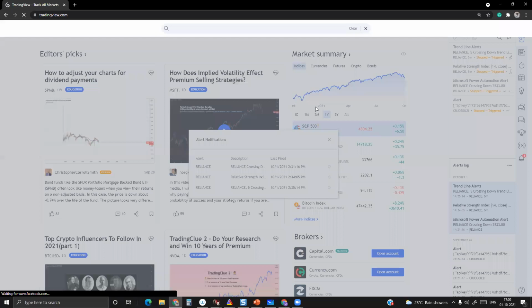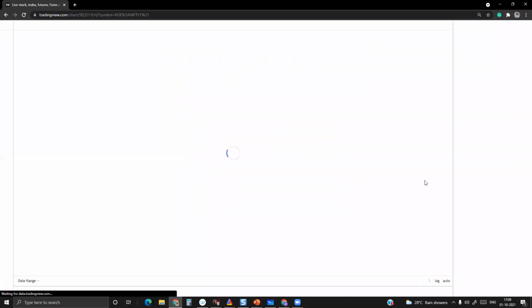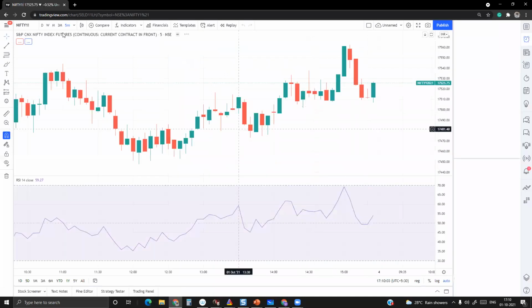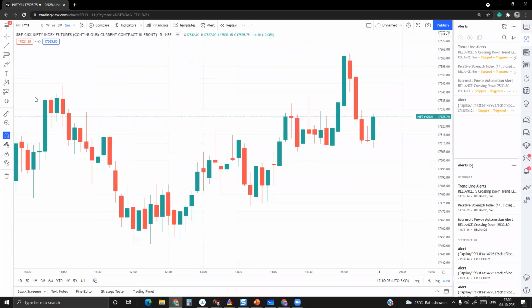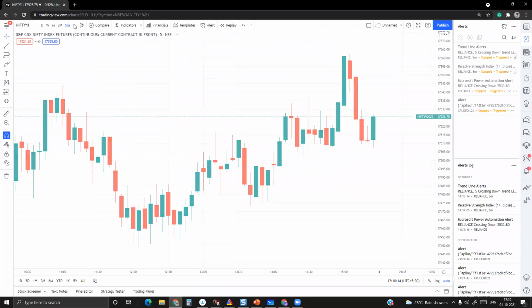Right now the markets are not live, so maybe we'll do one thing. We'll try to get access to crude oil itself, because with crude oil you can try some strategy and then we'll try to get some execution also. So crude oil futures, MCX, I'll bring it up. For testing purposes, I want to keep it as a 1 minute time frame.